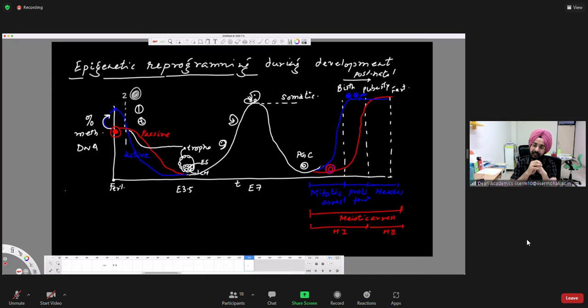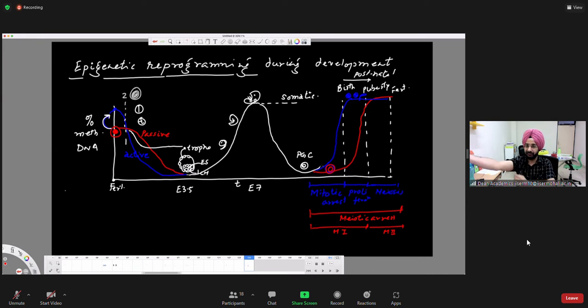Number two, even the imprinted marks, which are allele specific, have to be erased. Because let's say you have maternal genes expressed and paternal genes silent, or maternal copies silent for this particular allele, and you went to PGC now with this methylation status. So now if you make, let's say, sperm, there will be one sperm which has the maternal gene expressed and another with the maternal gene silent, so you have differences among sperms in a population. You don't want that, you want to clean everything, right, and re-establish your imprinting marks.